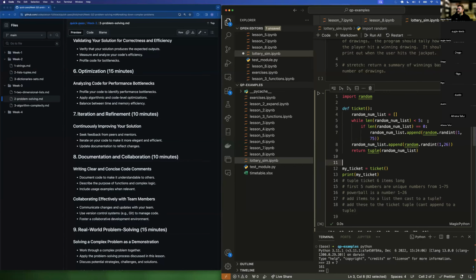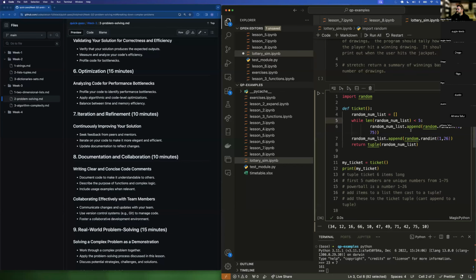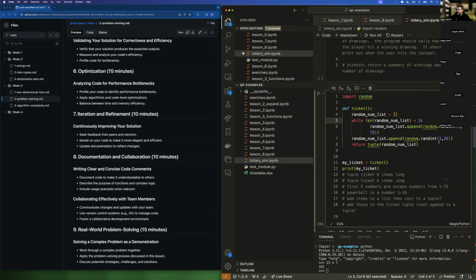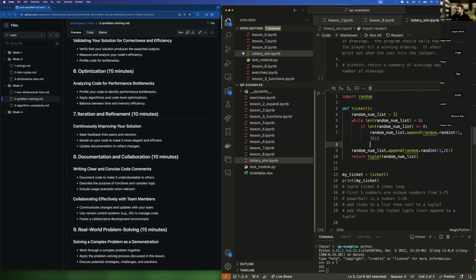So while it's less than 5, if the length of the random number list is 0, so I could probably get rid of this because I was writing that in the other one. So let's try this. Actually, you know what? Let's keep that for now. Let's just go ahead and keep that logic. So if the length is 0, I want to go ahead and run it and get one number in there, right? I guess now I have one number. So now if else